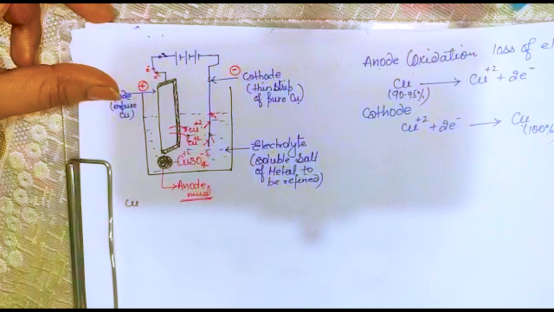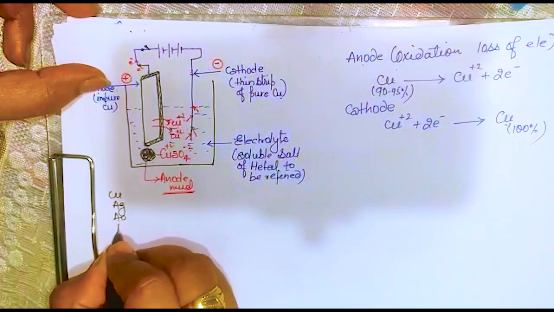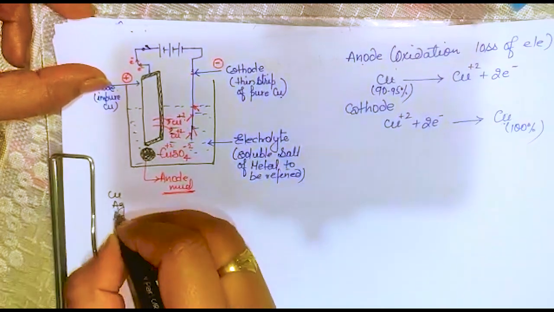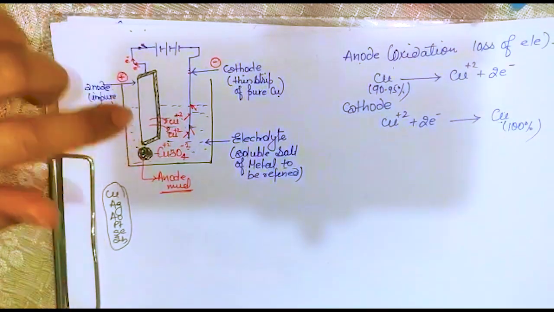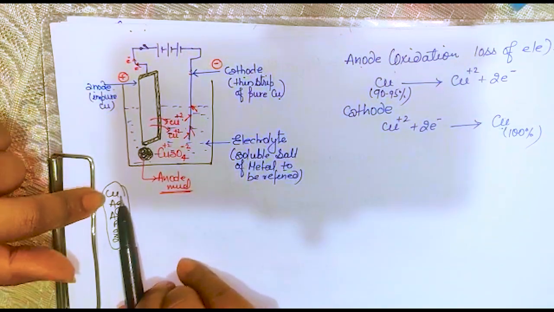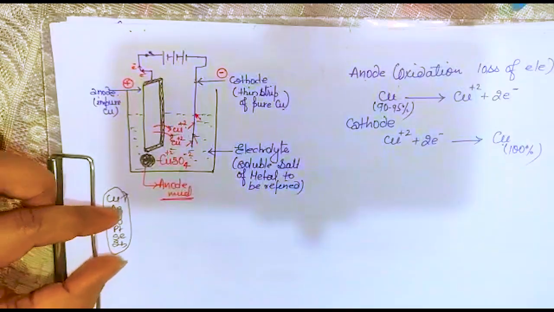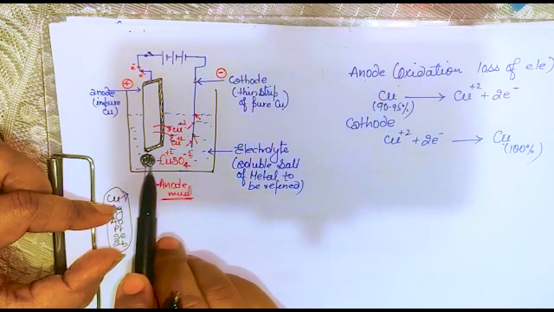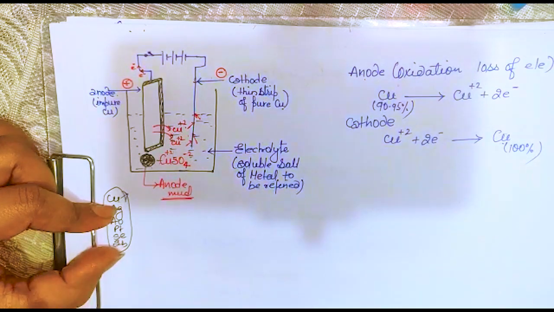If I have taken that copper and any other least reactive elements, like silver, gold, platinum, selenium, and antimony, these are the impurities with the copper. Got it? So if we take this, what will happen? The more reactive out of these is copper. This copper will start depositing on the cathode, and the less reactive, or we can say the less basic, will start settling at the bottom of that electrolytic cell near the anode,